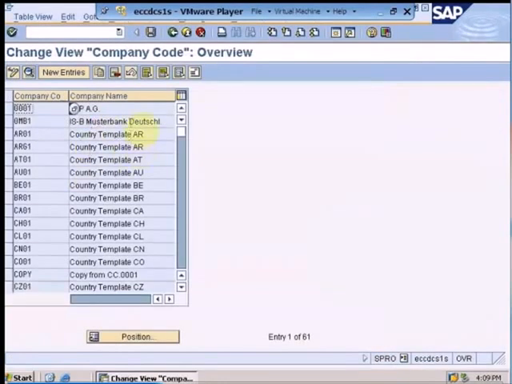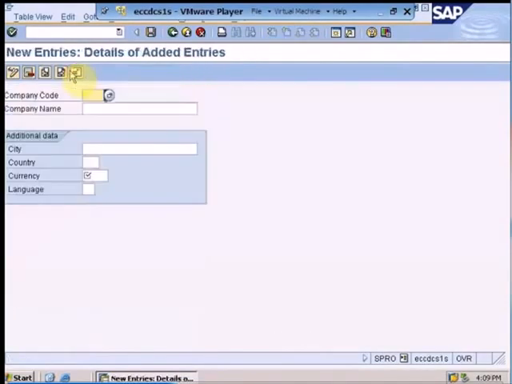As soon as we enter this screen, all the company codes created within this client are listed over here. In order to create a new company code, I have to click on new entries, and the system will ask me for a 4-digit company code identification. For example, we enter FI02 as a company code identification, and then the company name, let's just name it FI Workshop 2,